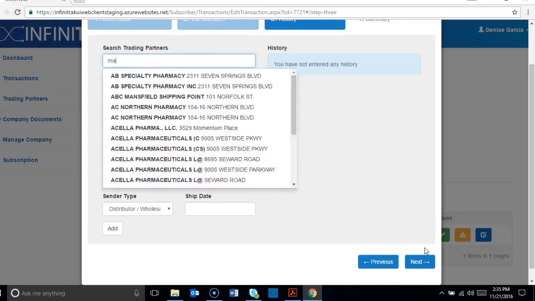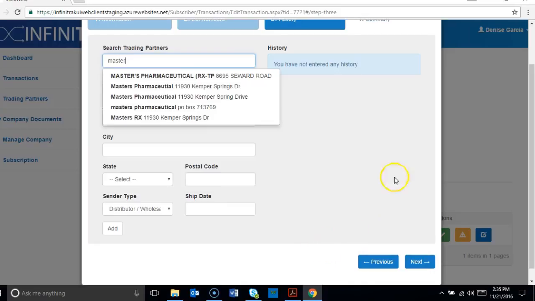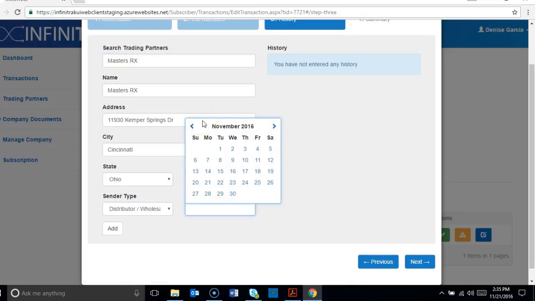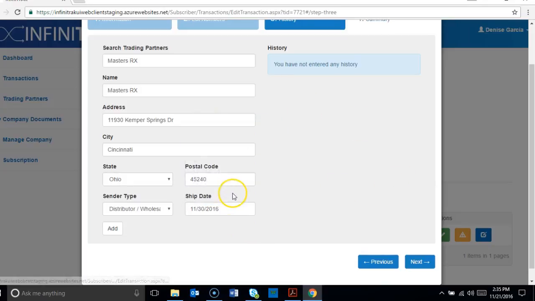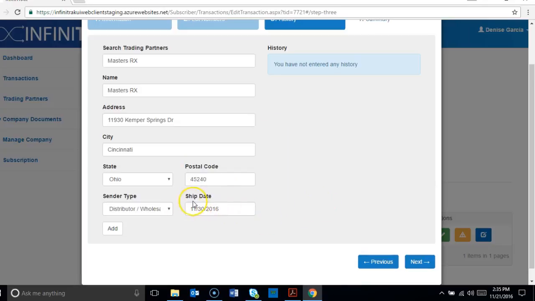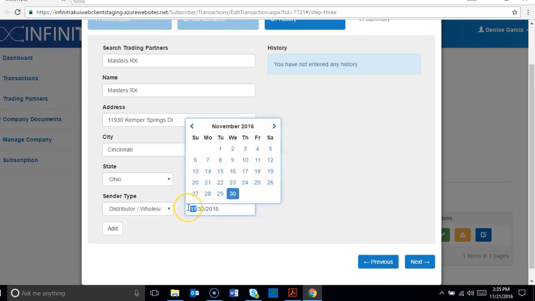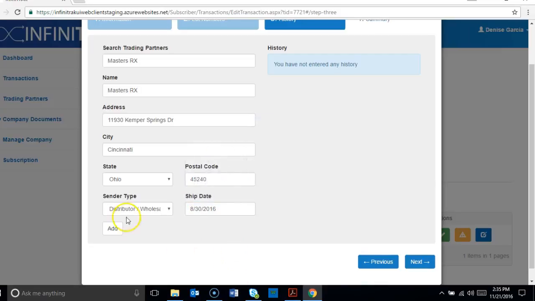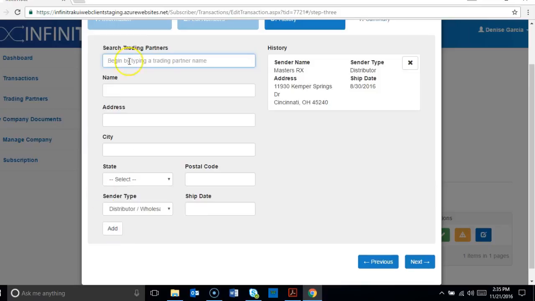Next thing, you're going to search for the person who sold it to you. You want to make sure you have the right address. Address matters. If you have the date that they purchased it, then that's all the better. Oh, this is actually a ship date. It was sent to you. And then if you have the manufacturer information,